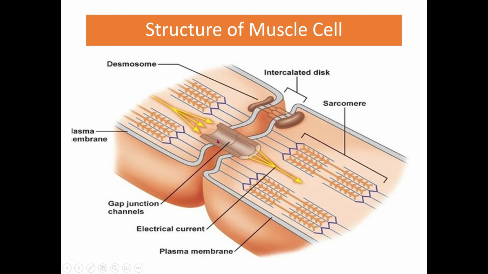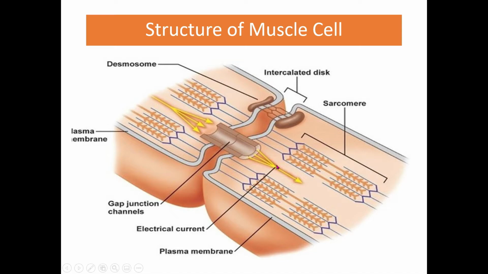disc. So the other part which is present on the way to the intercalated disc is the gap junction channel, or it is also known as tight junction. Basically, these are proteins that serve as channel proteins and allow the movement of ions so that the action potential can travel from one cell to another cell, and the speed of conduction will be very high. So the electrical current can be transmitted from one cell to another cell.